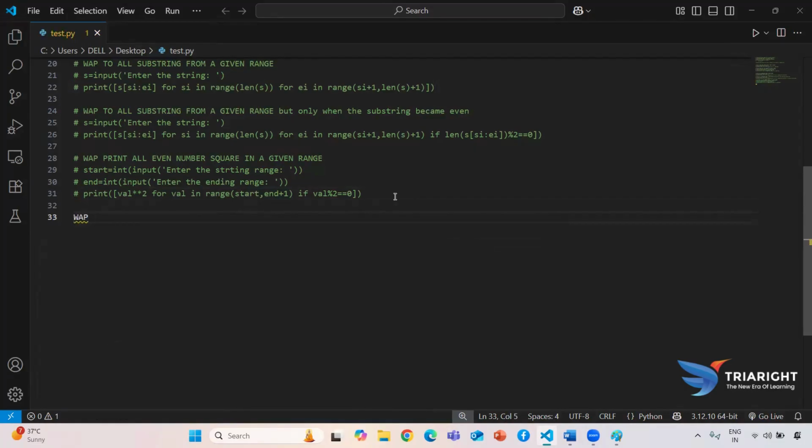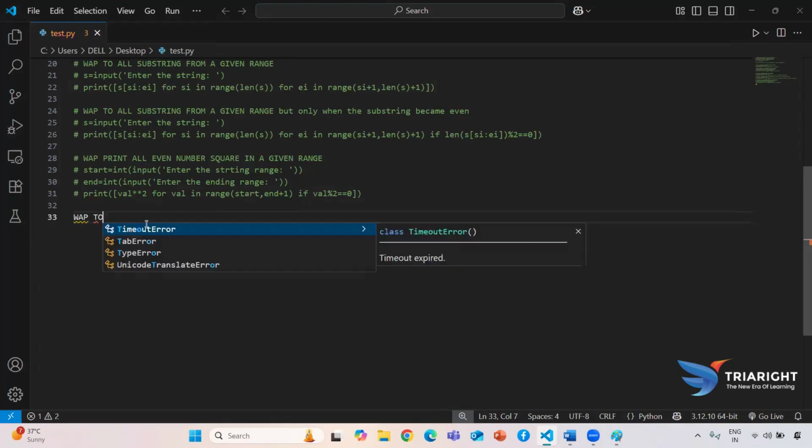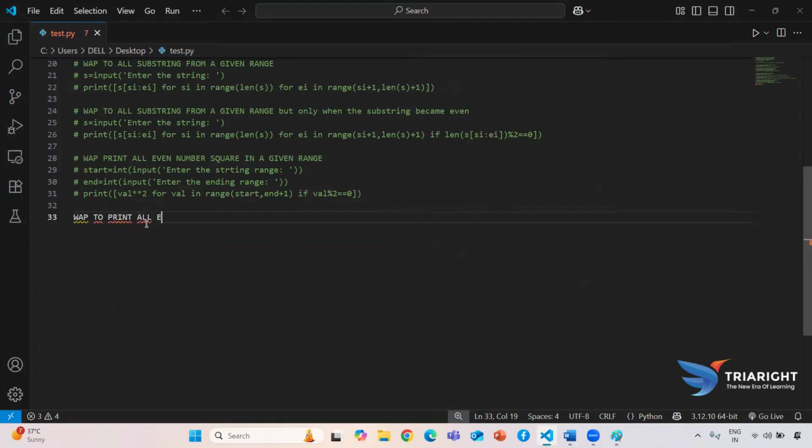Okay, because we can write this in a functional oriented way also, and in a procedural oriented way also, but we are using list comprehension because it is an efficient way to write code in a single line. Okay, so guys, just see, write a program to print